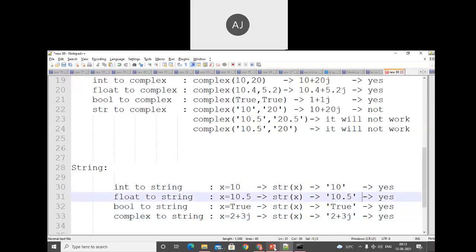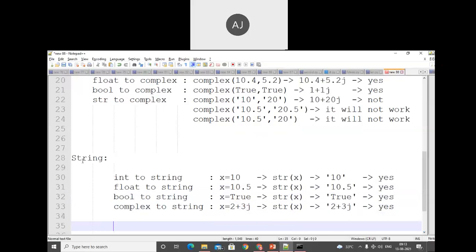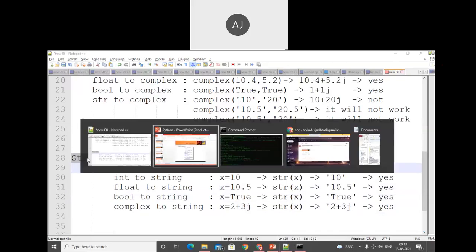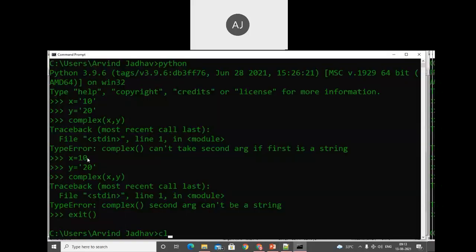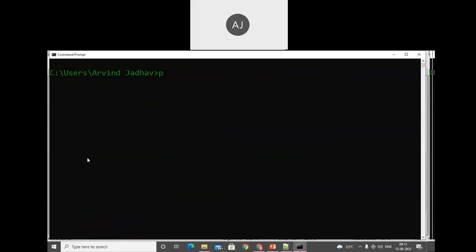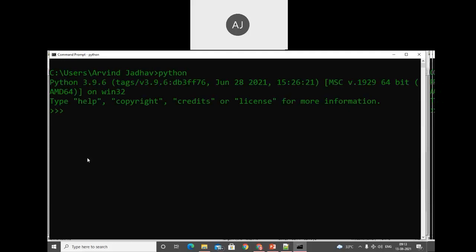We can do the practicals for the string data type. Use CLS, use Python. Now assume that x is equal to 10. I'm trying to convert it to str of x. See, we get the single quote 10 value.